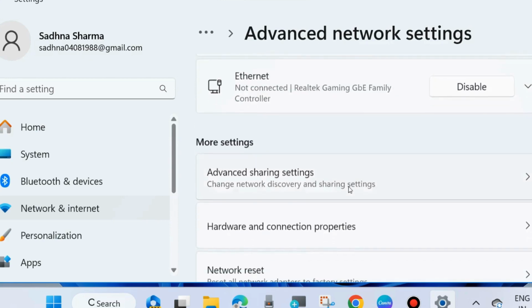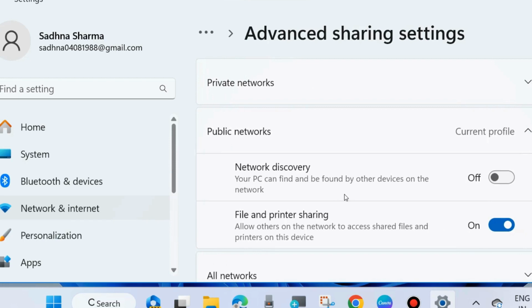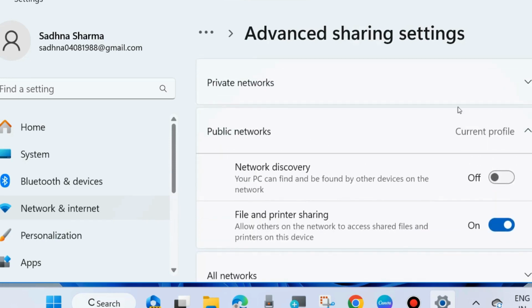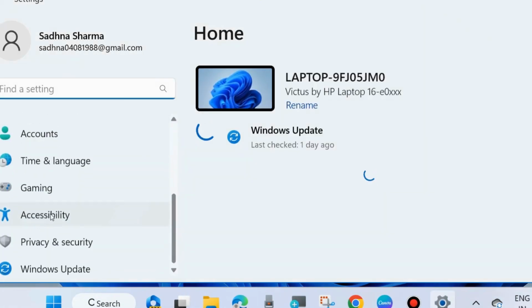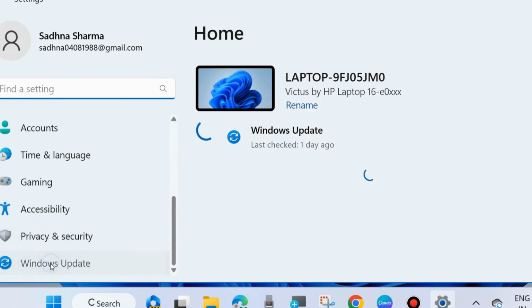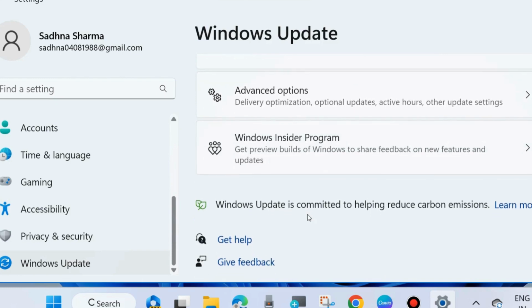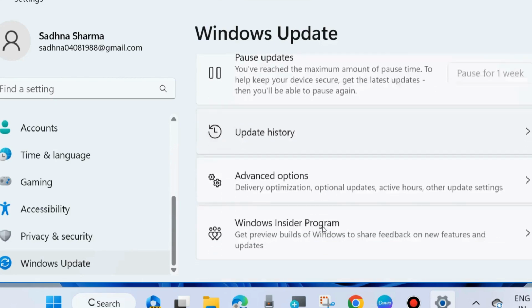So close this window and again launch Windows Update. Delivery optimization is not available in the network and internet section. Again go to settings and from the left side go to Windows Update. Here scroll down and choose advanced options. Click on it